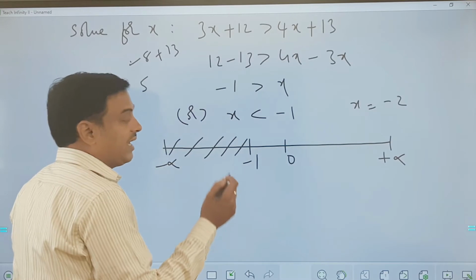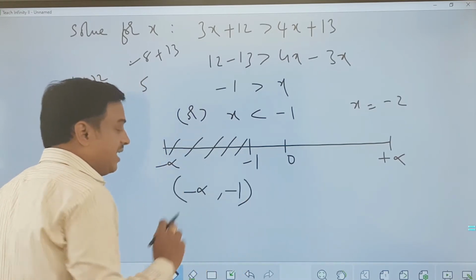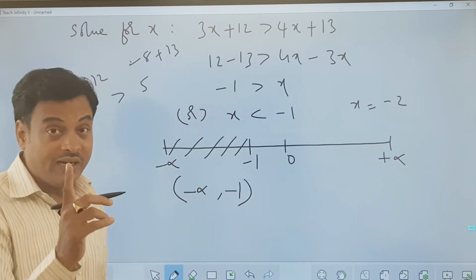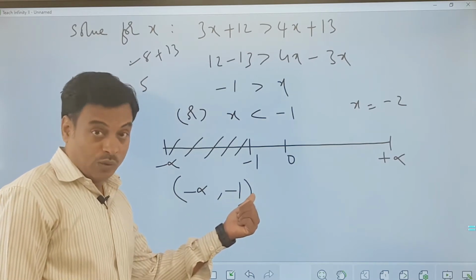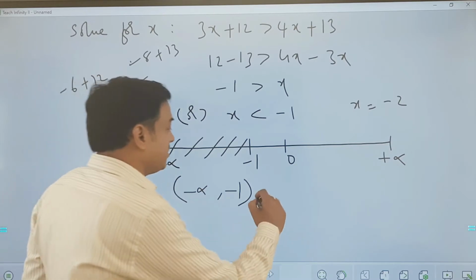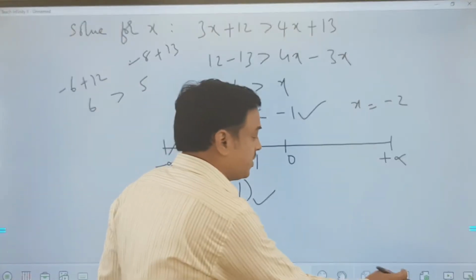And the same thing I can also write as minus infinity to minus 1, and if you are observing, I am writing an open interval. Open interval because of two conditions here: one, minus 1 is not included, and for infinities we always keep an open interval. So my answer could be either this or this in the options. Okay, so let us switch to the next question, all of you.